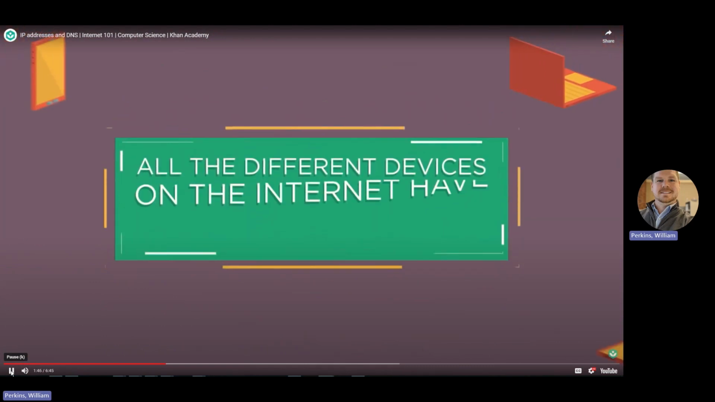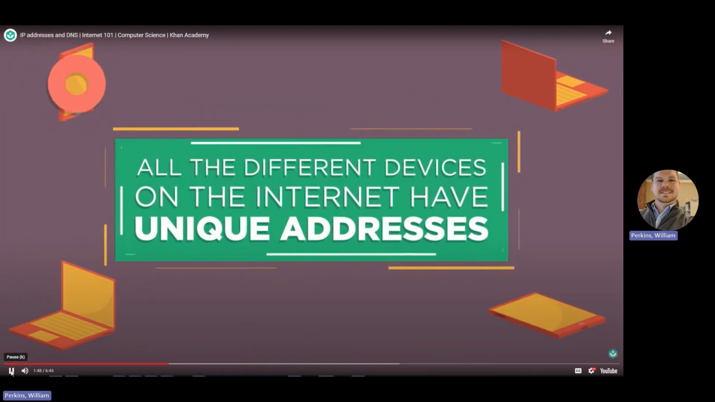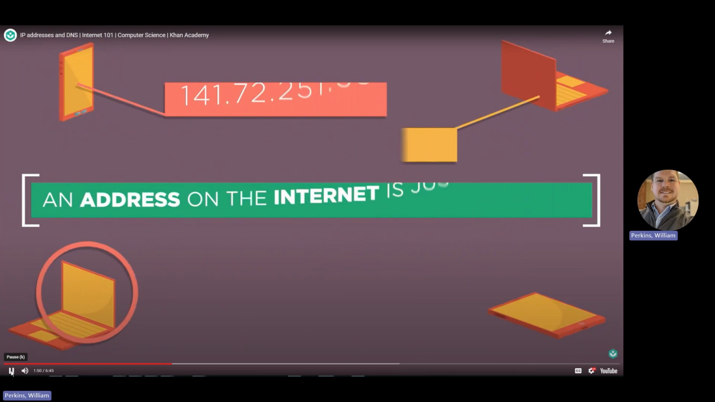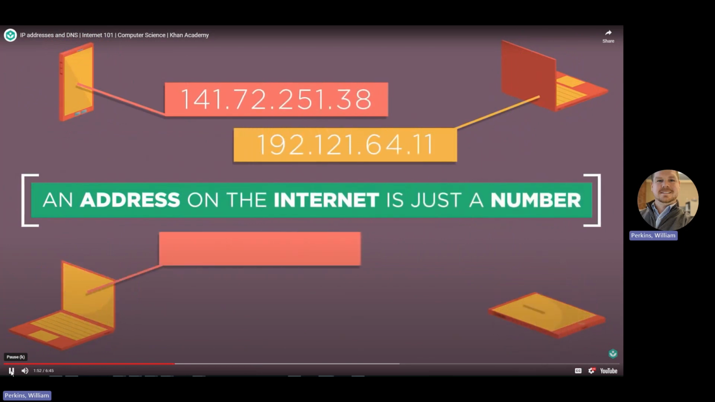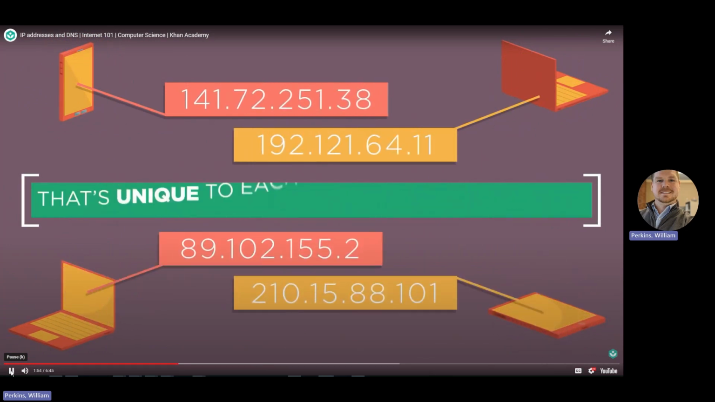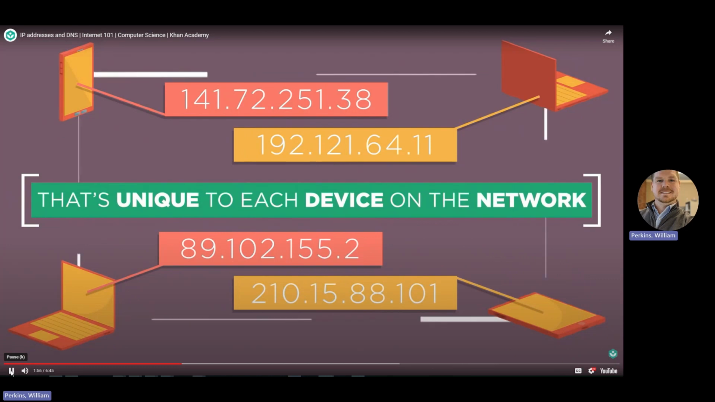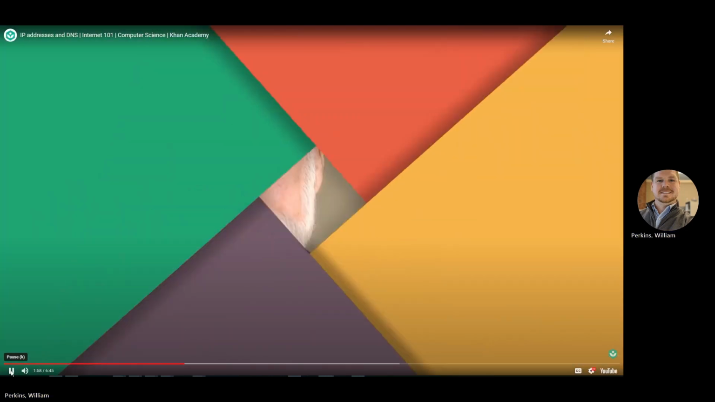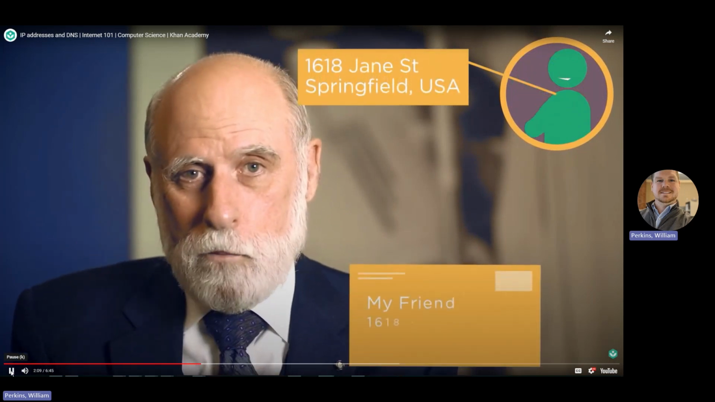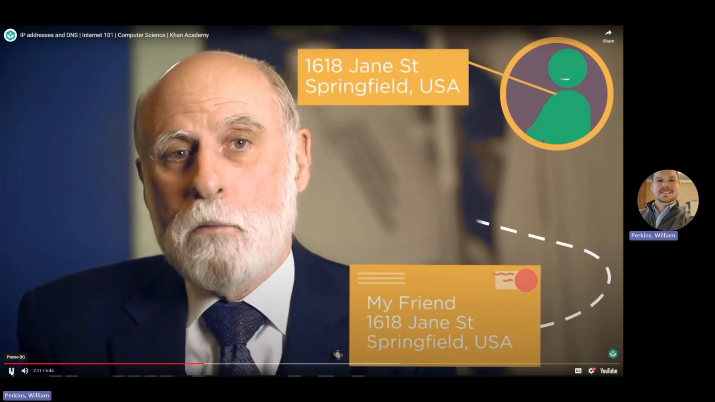All the different devices on the internet have unique addresses. An address on the internet is just a number, similar to a phone number or a sort of street address that's unique to each computer or device at the edge of the network. This is similar to how most homes and businesses have a mailing address. You don't need to know a person to send them a letter in the mail, but you do need to know their address and how to write the address properly